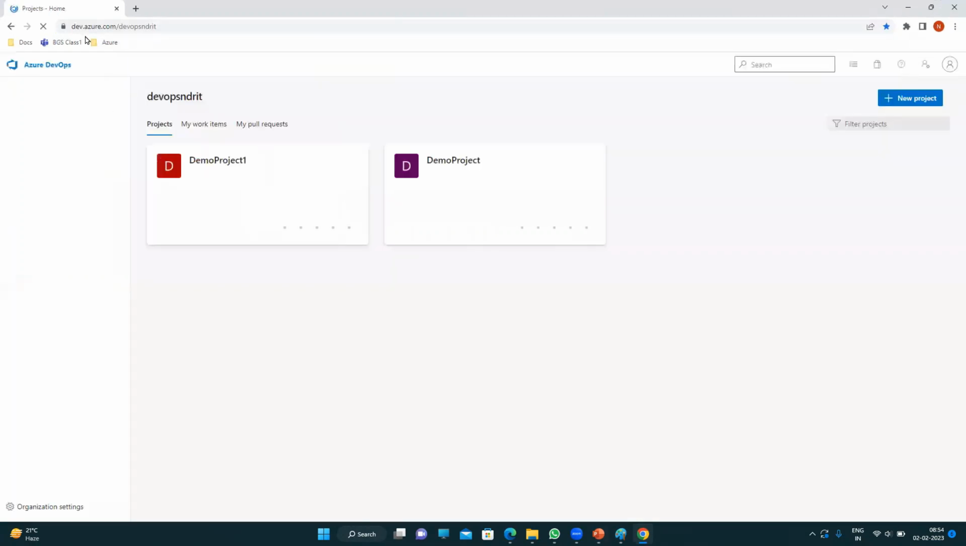So you need to log into dev.azure.com. This is Azure DevOps. What is here? There is nothing. So we need to create an organization first. Once you create the organization,